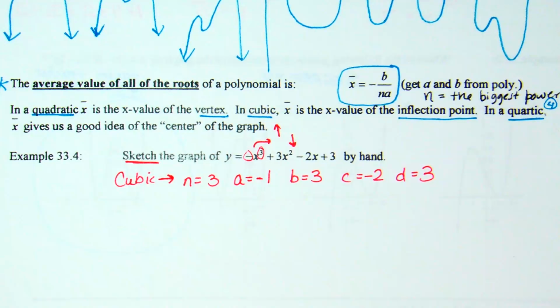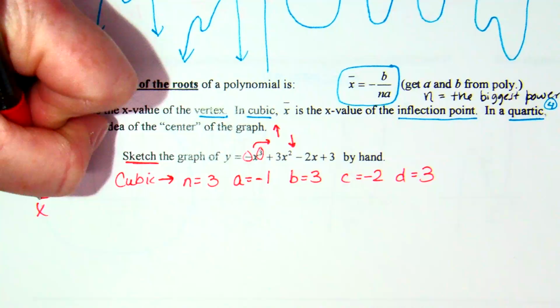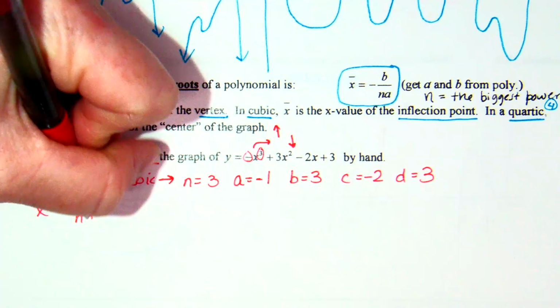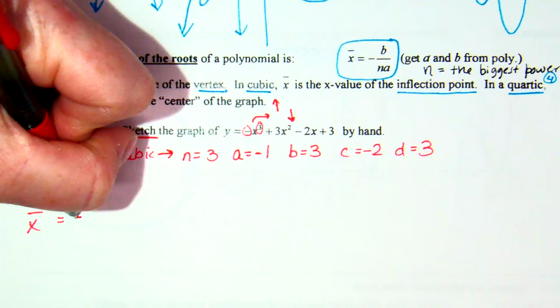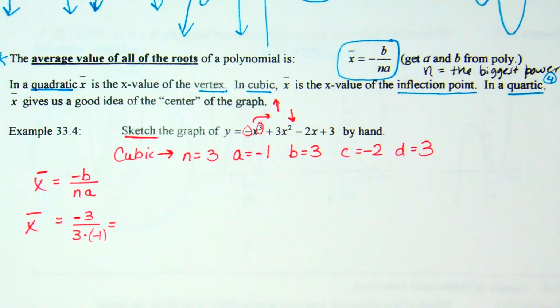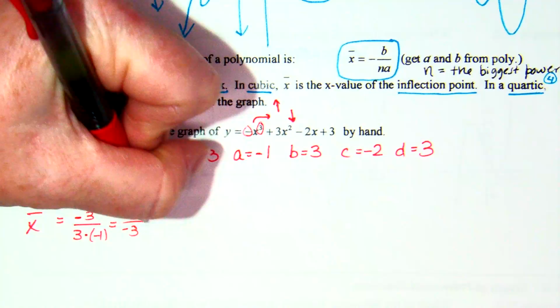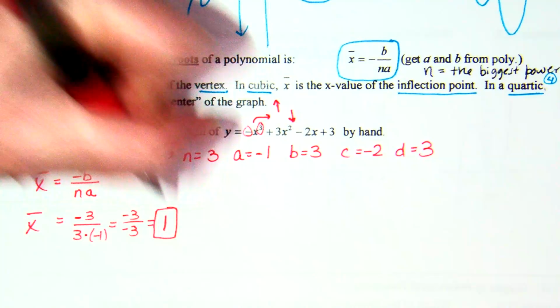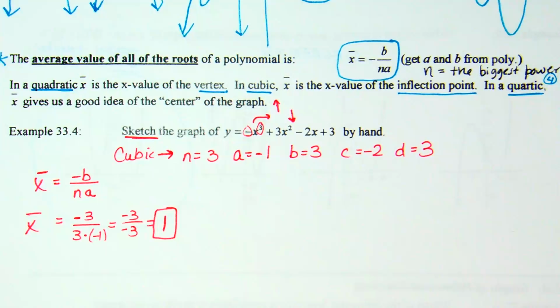Okay. So in order to do x bar, it's -b over NA. So, what you got for me? Okay, -3 over 3 times -1. -3 over -3, which is 1. What is that 1? Okay. The x value